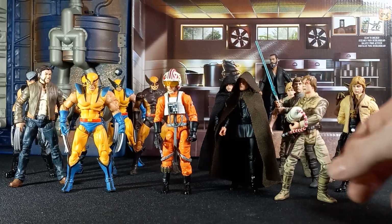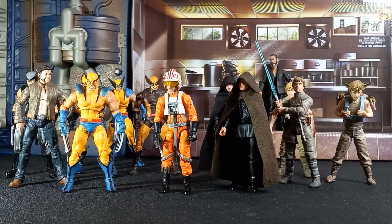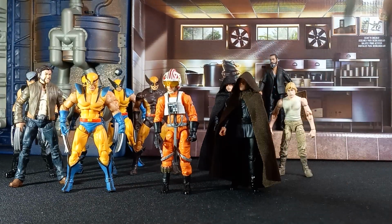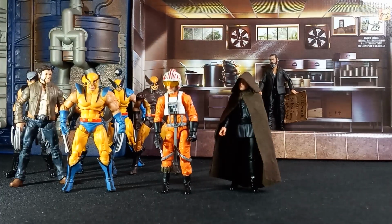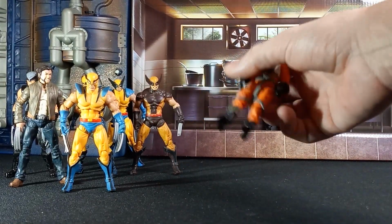Now, characters like Darth Vader, I have lots of Vaders, but most of them are almost identical with just slight variations, and I didn't want to include that. I want to show off some of the differences. Those are mostly small gimmick-based differences and not so much aesthetic differences. But I definitely